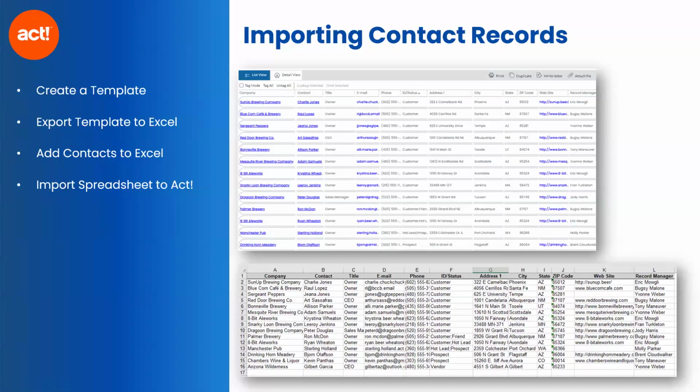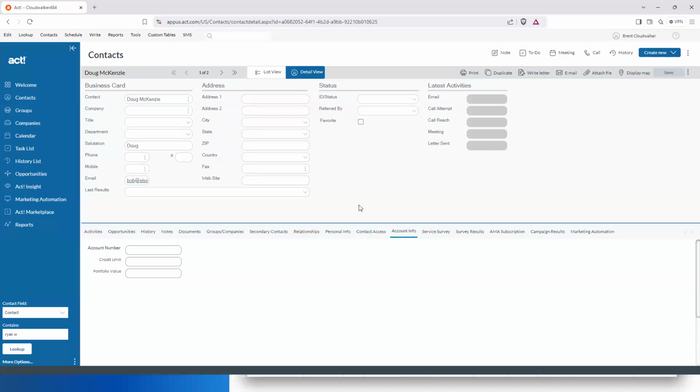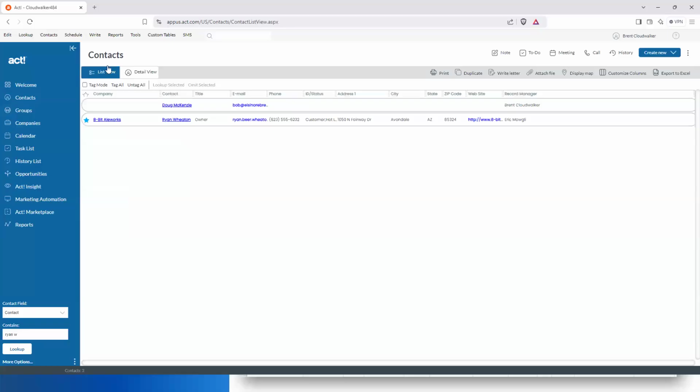So I'm going to walk you through this in case that didn't make sense of how to begin. How do we create a template? Well, what I like to do is start from a list view. So I'm going to go to a contact list view. It doesn't matter what the list view is of. It doesn't matter which contacts are here. I just want to get to a list view because this is going to be a template for me going forward. Now, on this list view, I have to decide which fields do I want to include in this template?